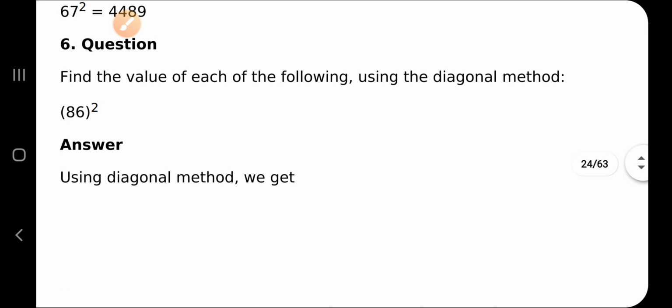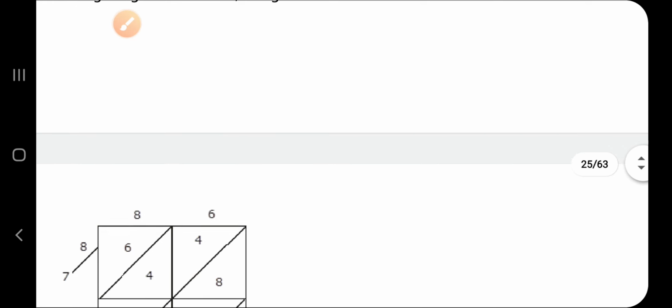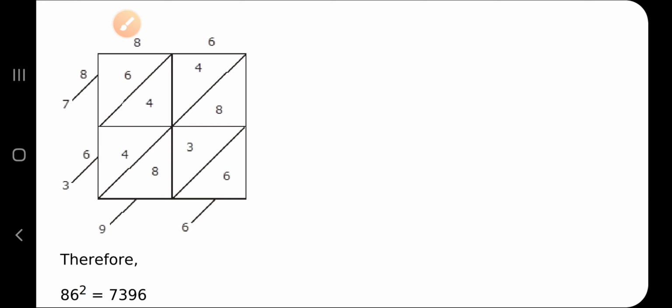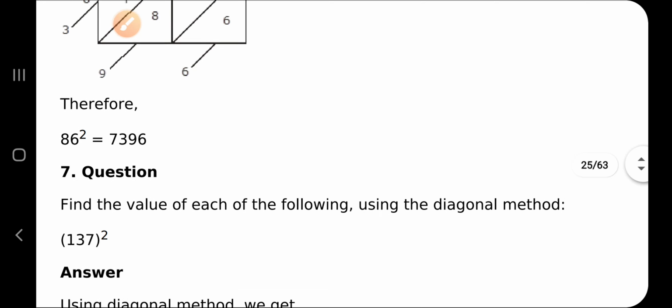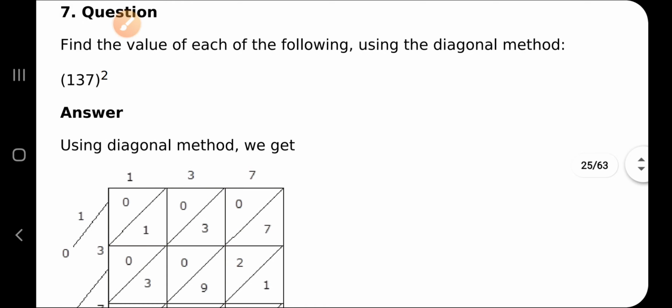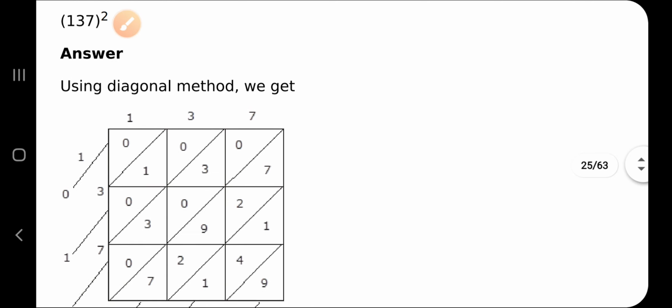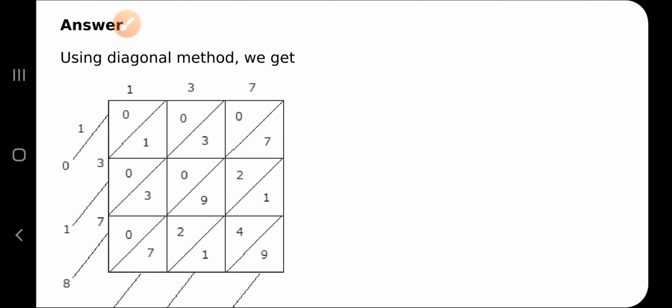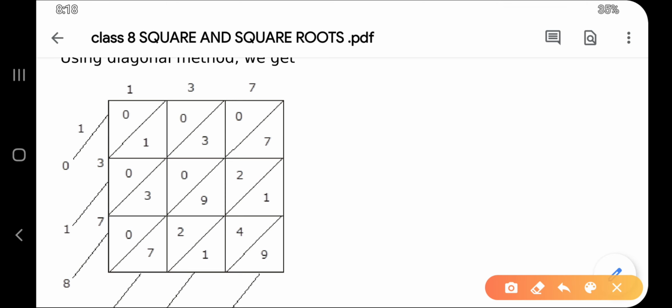The sixth one also you have to solve in the same way. I'm explaining the seventh now, because the sixth is similar to this. The sixth is also a two digit number, where you have to find the square by the diagonal method. Now I'm explaining the seventh to you. Here the biggest square is to be divided into 9 boxes. Okay, and then again those 9 boxes would be divided into sub boxes. You just have to divide them diagonally. Okay, like it has been done here.